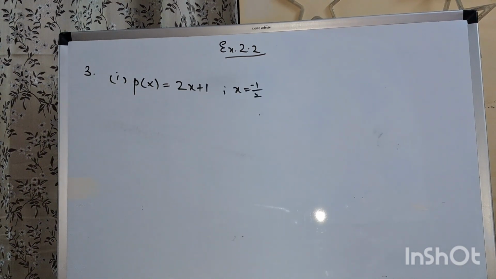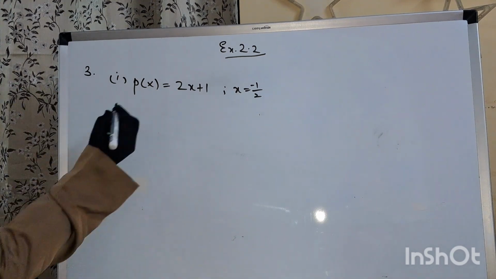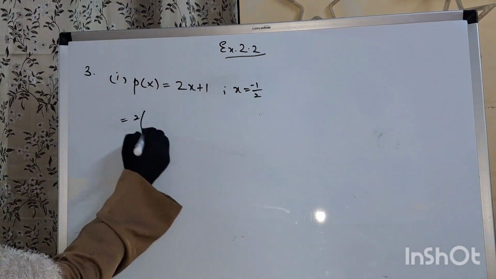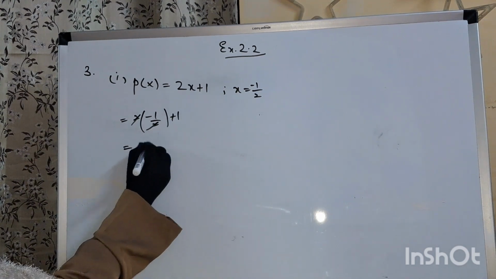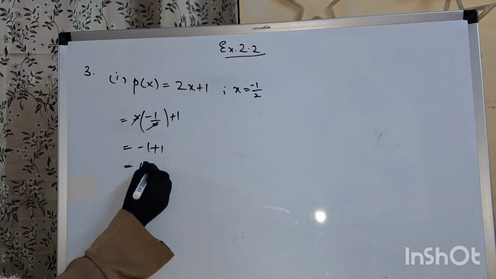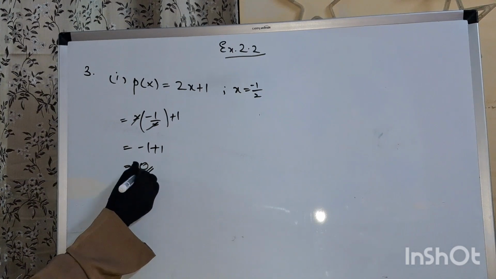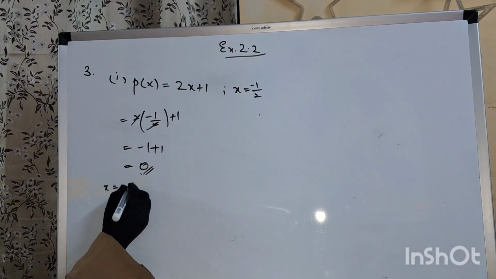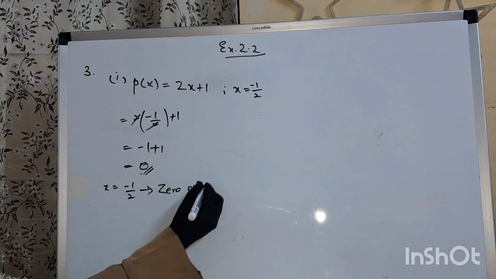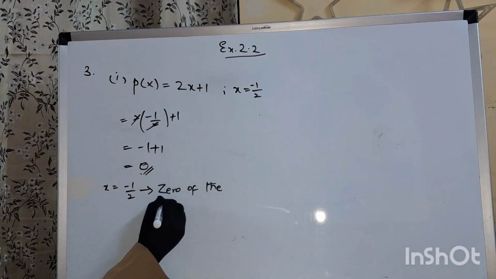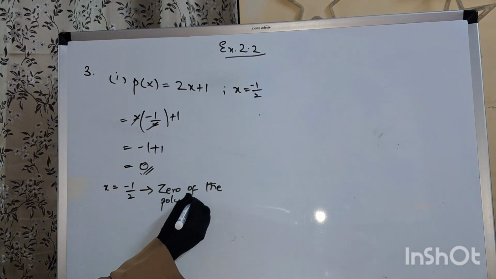Your question is p of x is equal to 2x plus 1 at x is equal to minus 1 by 2. Let's substitute. So 2 into minus 1 by 2 plus 1. 2 ones are 2, ones are minus 1 plus 1. It is nothing but 0, right? It means when you have got 0, it means that x is equal to minus 1 by 2 is nothing but the 0 of the polynomial. Okay. Similarly, you have to solve other questions,